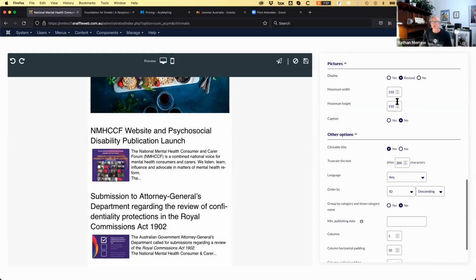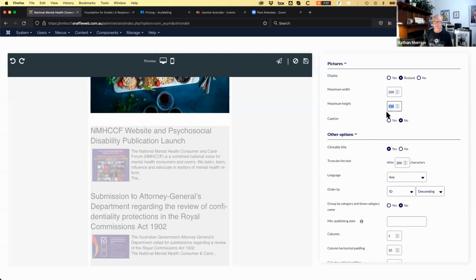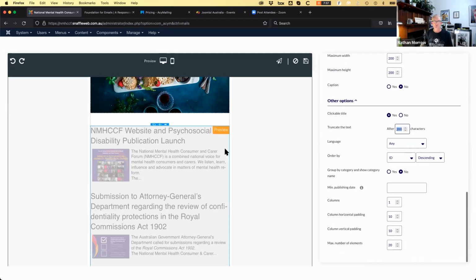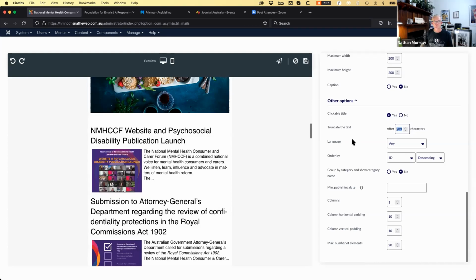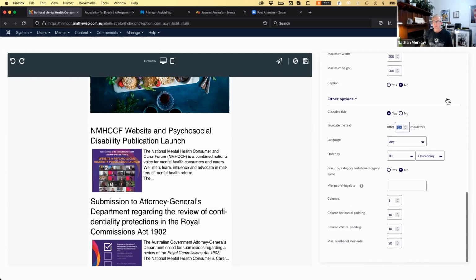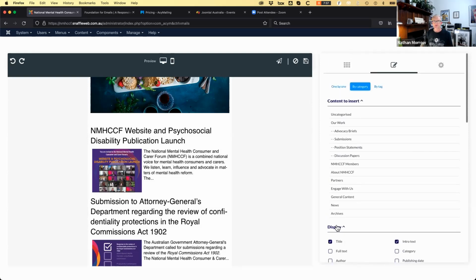When you are resizing, you can also change the width of the images. We've got also options for truncating the text. This particular client does not use the read more button, so that's kind of handy there. Yeah, a few other settings.